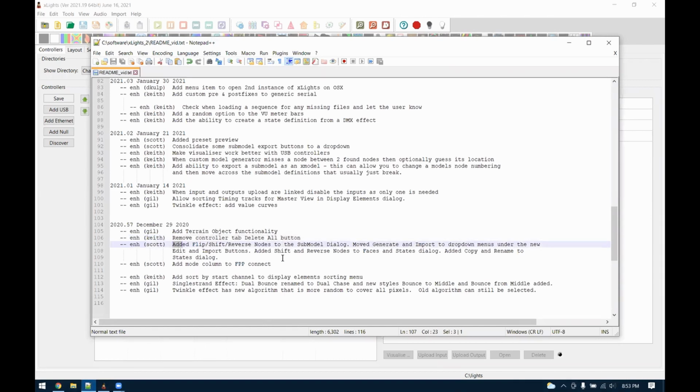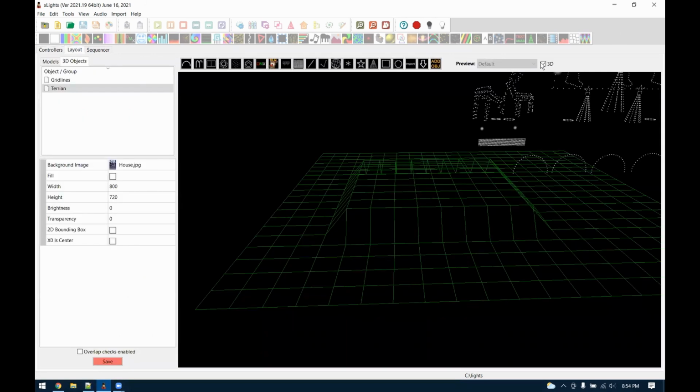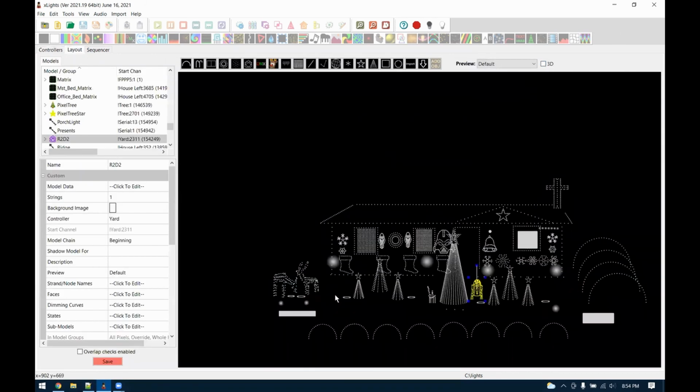Third thing, this is something I added. In the submodel dialog, I made a bunch of different changes, and a couple other releases too. So I'm just going to talk about them all right here, and then we'll skip over them when we get there. So what I did in the submodel dialog,